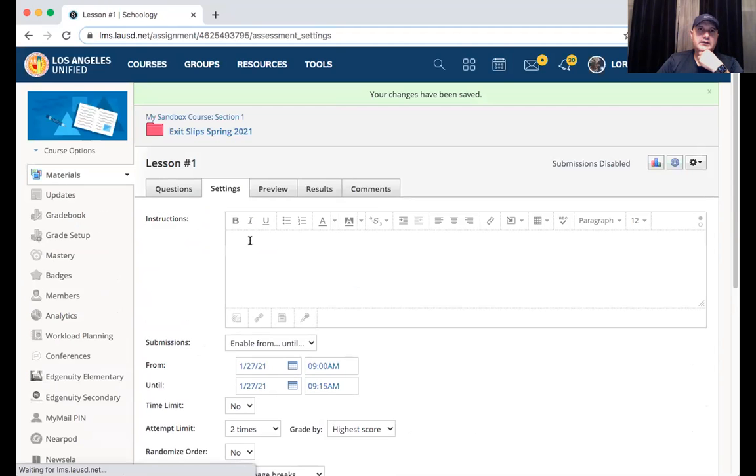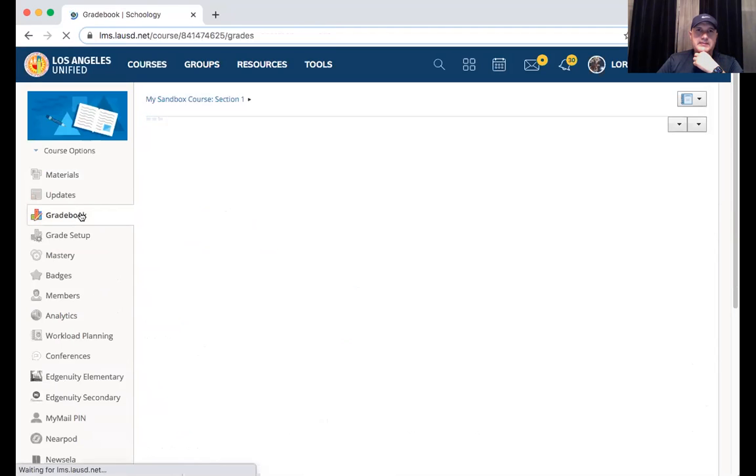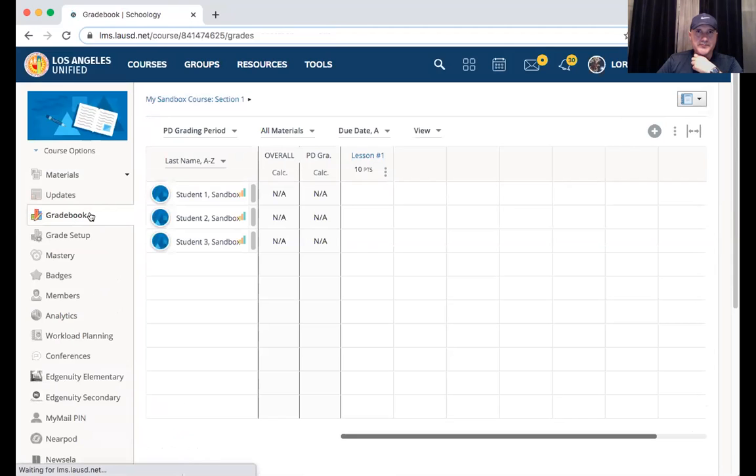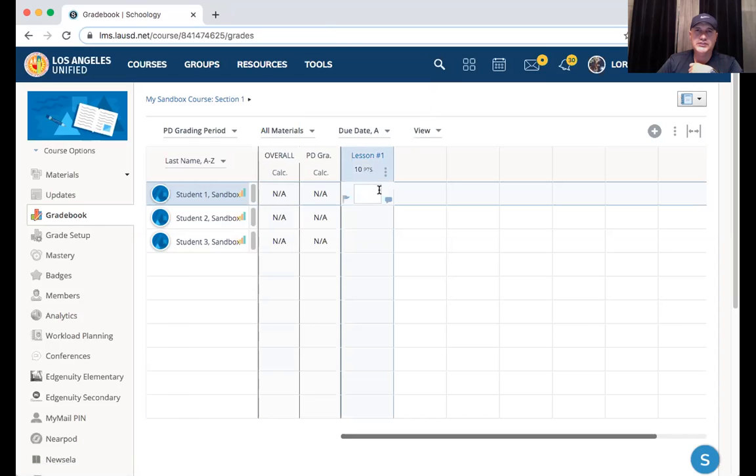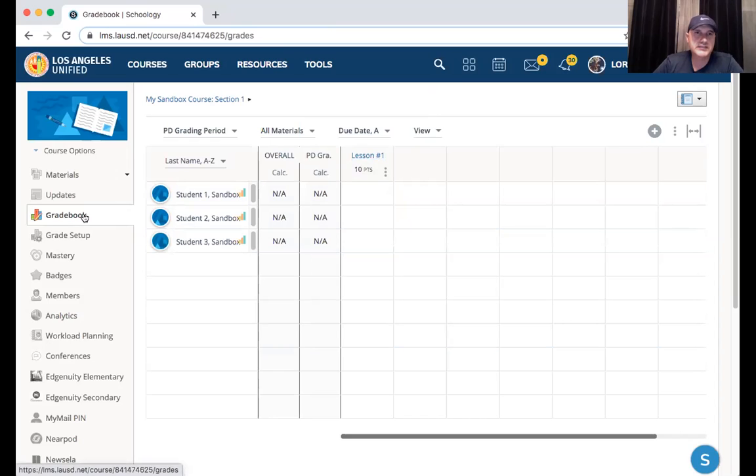okay. So now what I'll do is I'll go to my grade book. And you'll see this lesson here. Okay, so again, you want to click on this if you'd like to figure things out, but pretty much it is already here. As the students submit their responses, they'll go ahead and start just filling in here. Okay, one of the key things about this is if you go to your materials